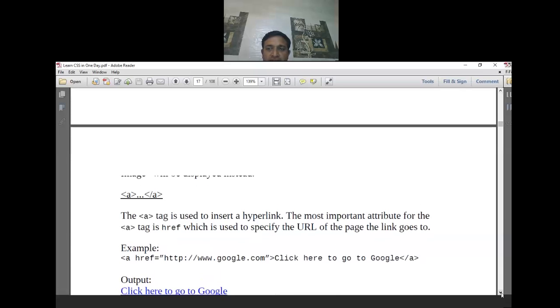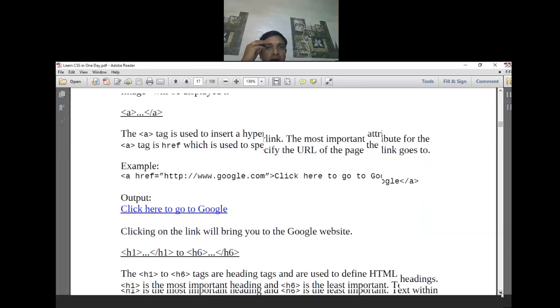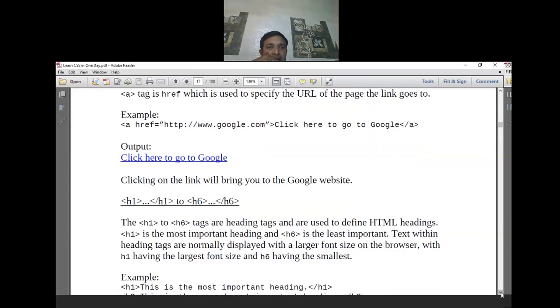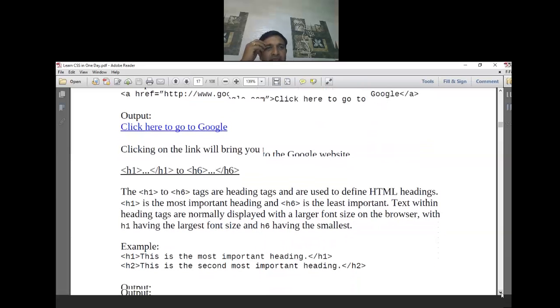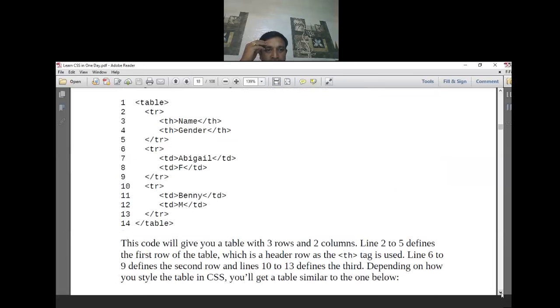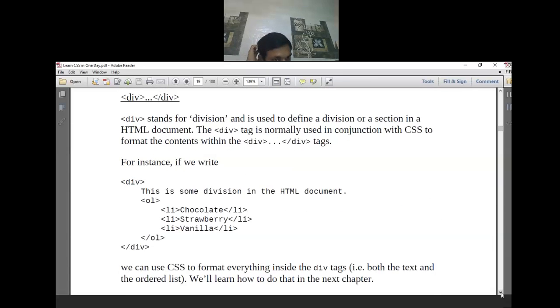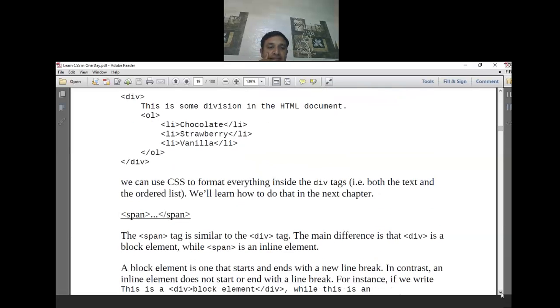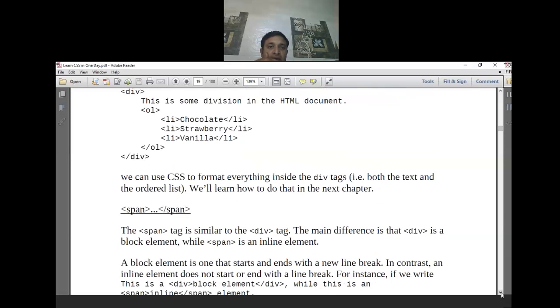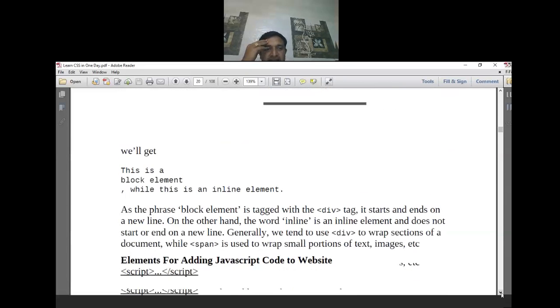So this is the way we can see the different HTML tags, because you should be aware of how we can use the tags. Additional HTML5 tags are okay, but you also should be aware of all these older tags as well, to design where you can use it and how you can use it: list, div, span, other things. Okay, so now we will talk about CSS, cascading style sheets.